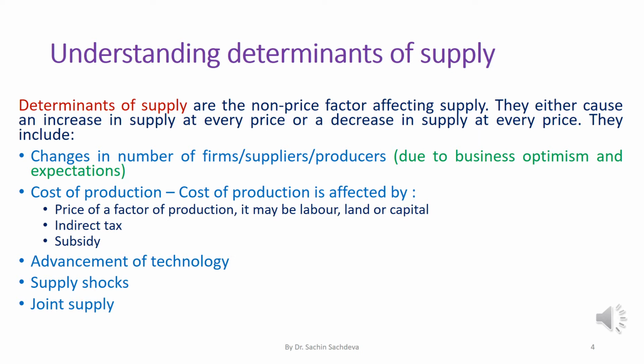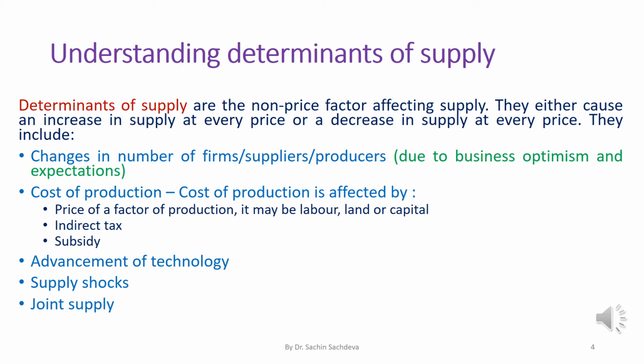And the reverse may happen. If people start disliking a certain product, maybe due to negative publicity, and firms find that this product is not liked, many firms would like to reallocate their resources to produce something else, so the number of firms in the market falls. And when this happens, the supply is going to change. How it will happen, we will see later on in this presentation.